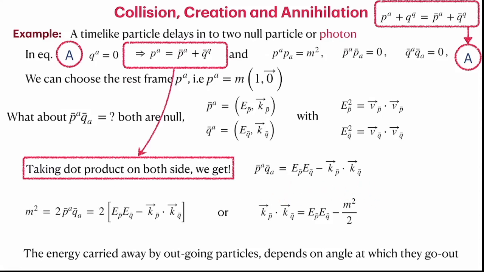So this is the fundamental equation which gives us all the properties of the outcoming particle. If we know the mass of the ingoing particle, then we can estimate the energy or the direction along which this particle comes. If we know the energy, we can predict the direction or the angle at which these two particles are thrown out. Or if we know the angle at which particles are thrown out, then we can find out the product of their energy.